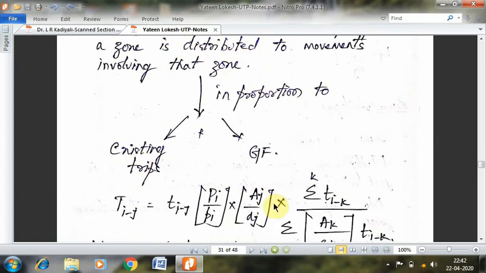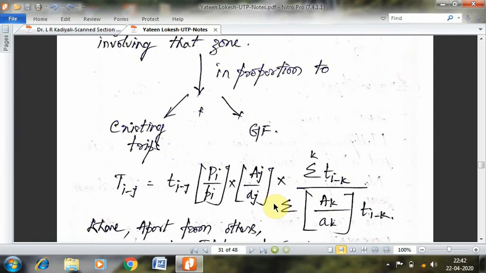But as far as the Fratter's method is concerned, mathematically he represented the total number of future trips, that is capital Tij, between zone I and J, would be equal to the product of all these components. So this is small tij, which is the present number of trips taking place between zone I and zone J, multiplied by the ratio of capital Pi and small pi.